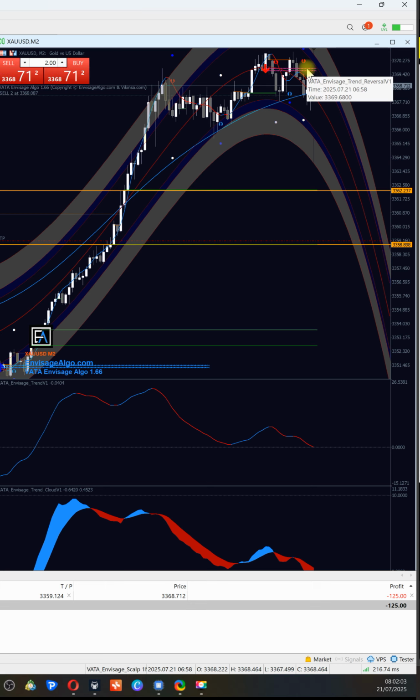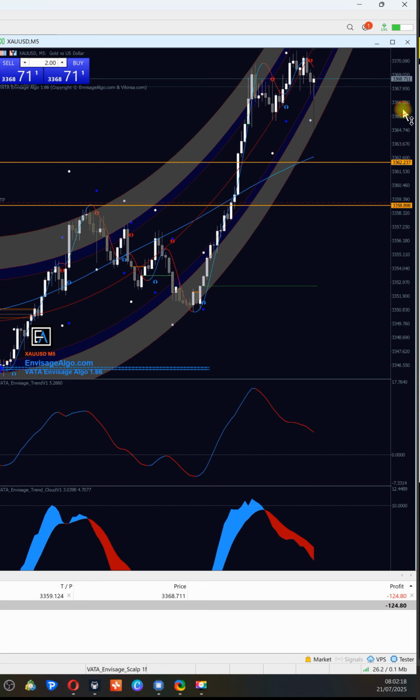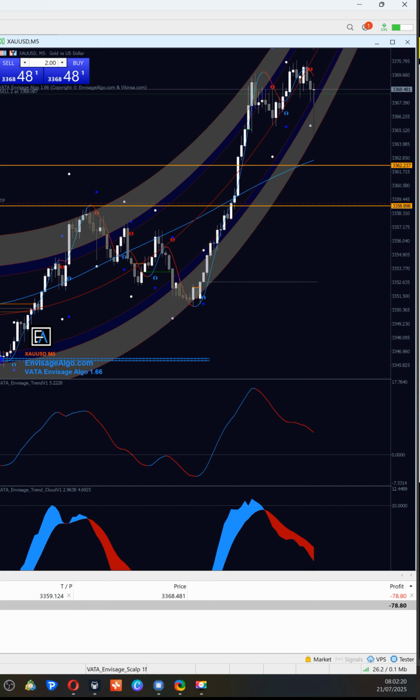Now we have this resistance level on M2, which means that the market can go up to retest it. The previous low has been broken, has been violated, but it has not been closed beyond. But the market may go up and then start to fall down. But we will monitor this trade on the 5 minutes time frame because this is where we have taken this trade. And if you want to have further confidence, you can see that the market is creating this trend line, and it is being tested right at the moment. So let's see how it plays out.